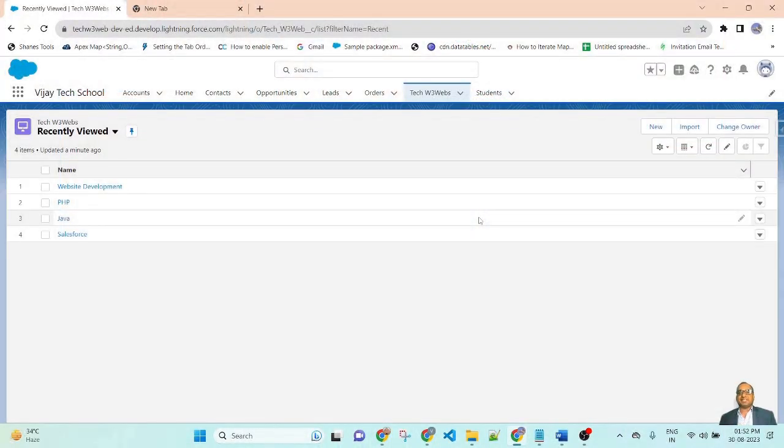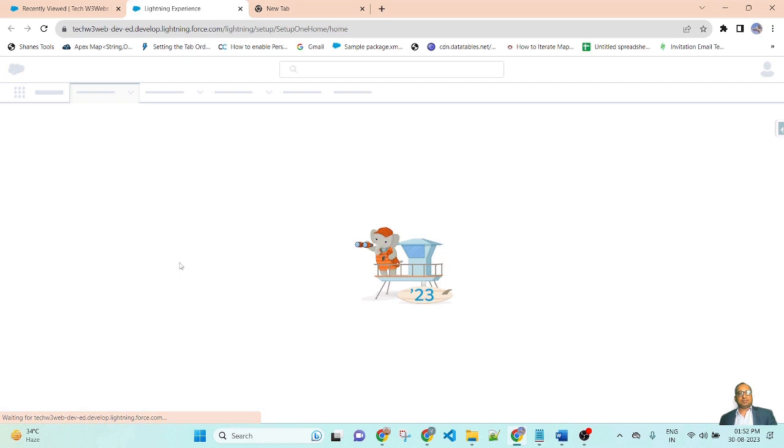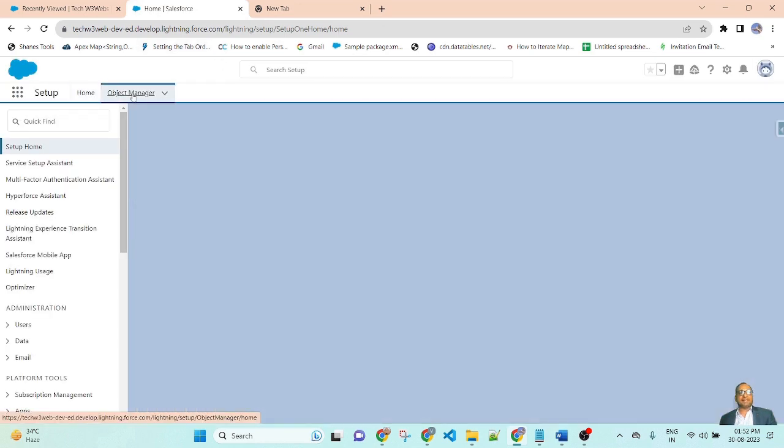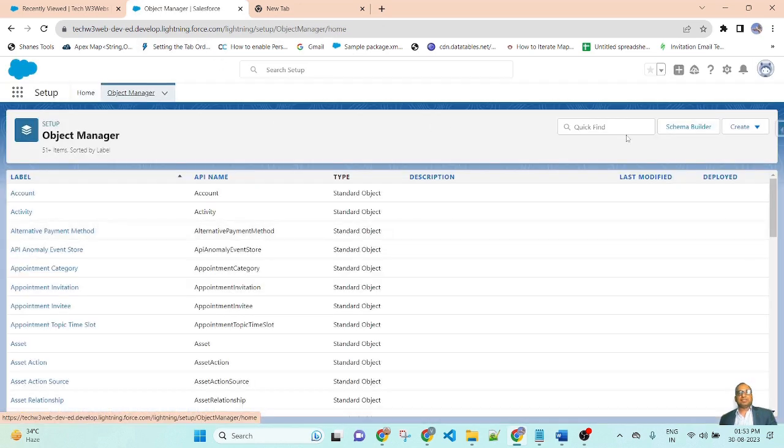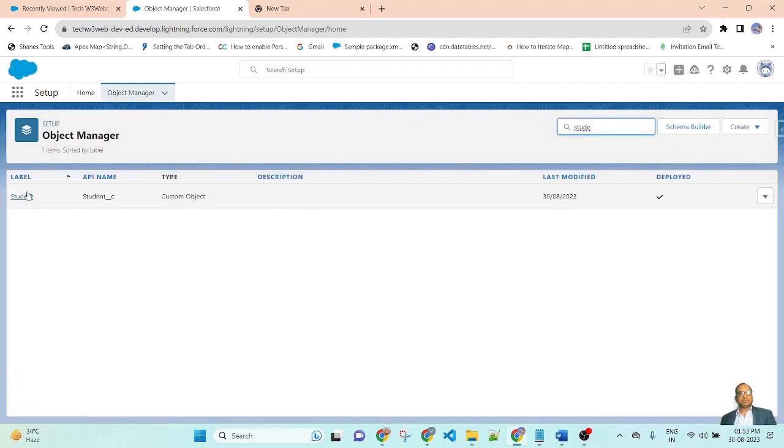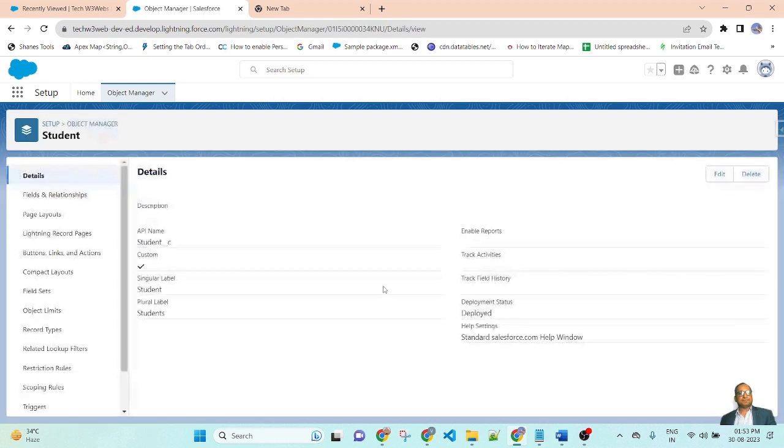This is my Salesforce org. First, let me go to the setup. Then go to the Object Manager. Search your object name. My child object name is Student. Click here. Go to Fields and Relationships.